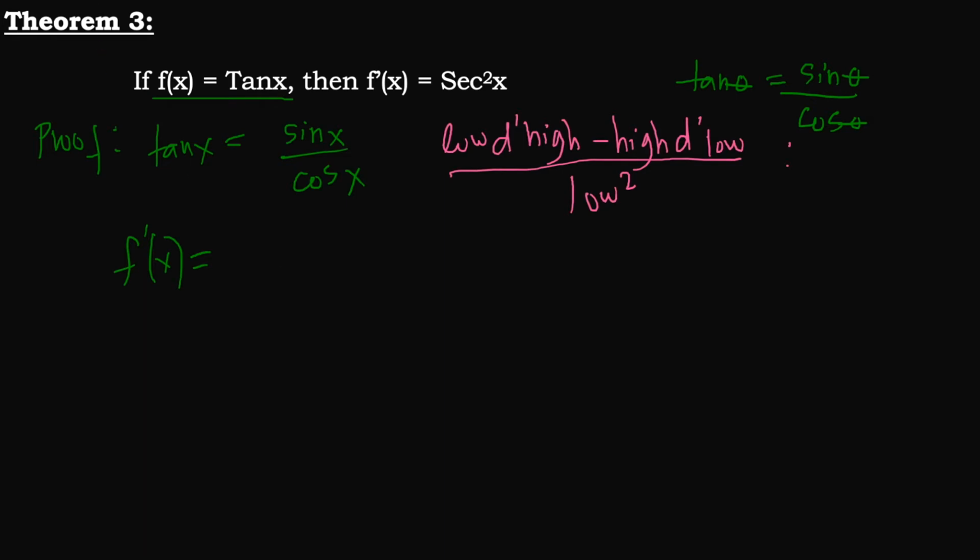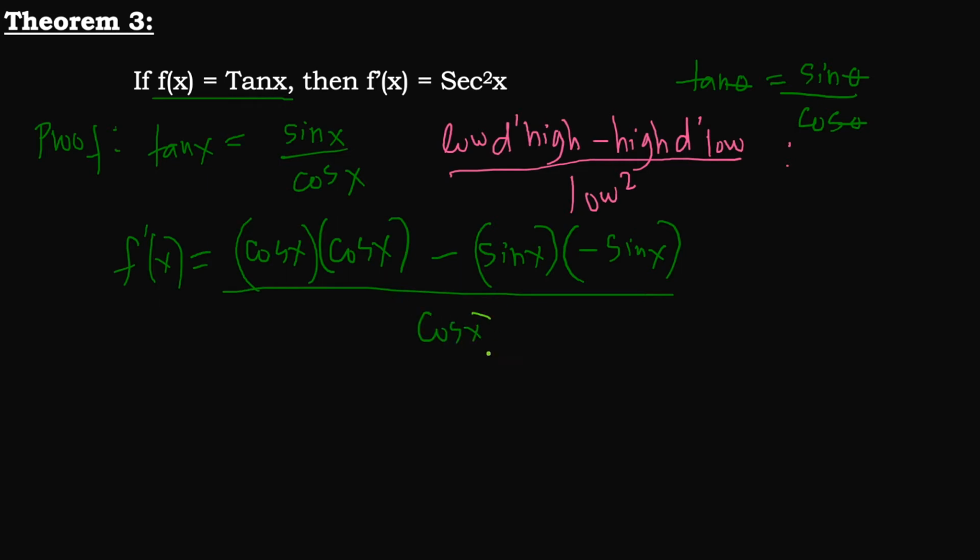Applying the quotient rule now to our function sine x over cosine x, this will be equal to the denominator, which is cosine x, times the derivative of the numerator, which we previously know that the derivative of sine x is cosine x, minus the numerator sine x times the derivative of the denominator, which is negative sine x, because the derivative of cosine x is negative sine x, all over